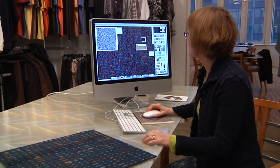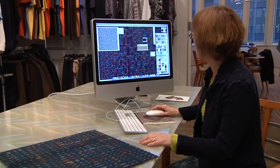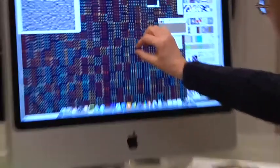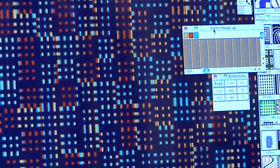And let's see what it looks like when we blow it up. It'll look a little more like it. But also, when carpet tufts, it's always a little bit longer than it is this way. So that's why this is a little...